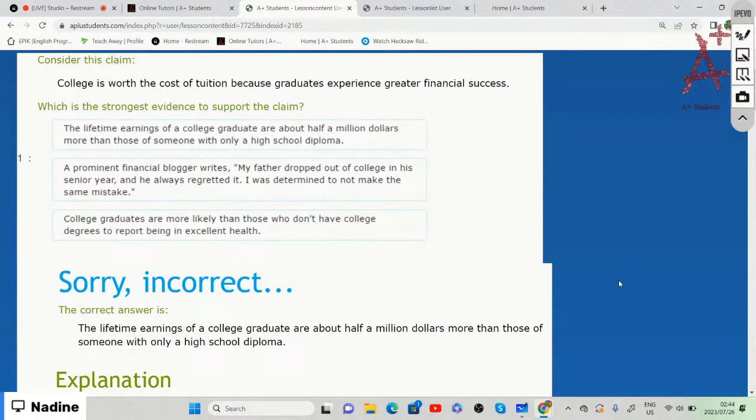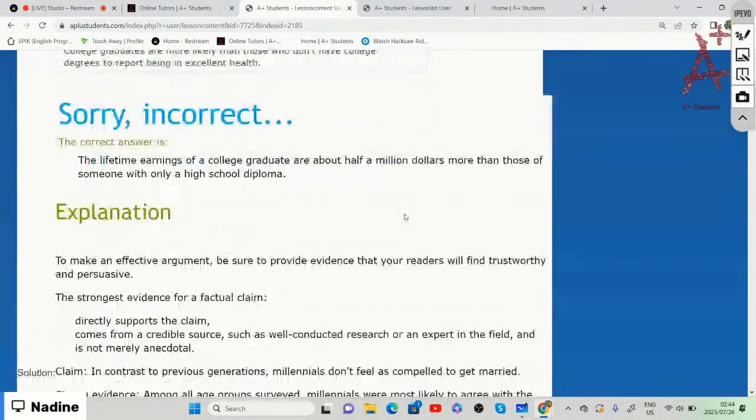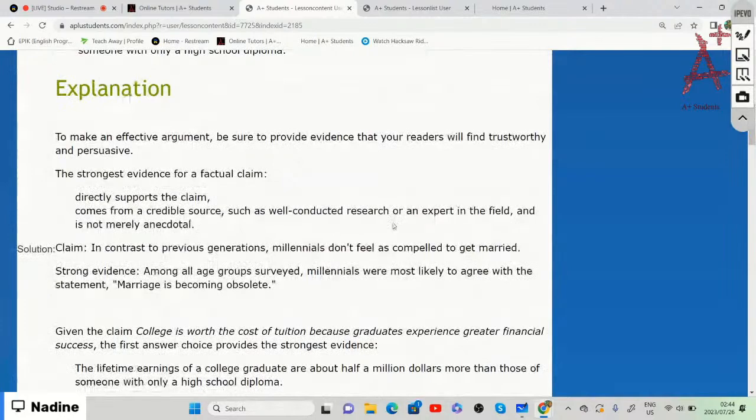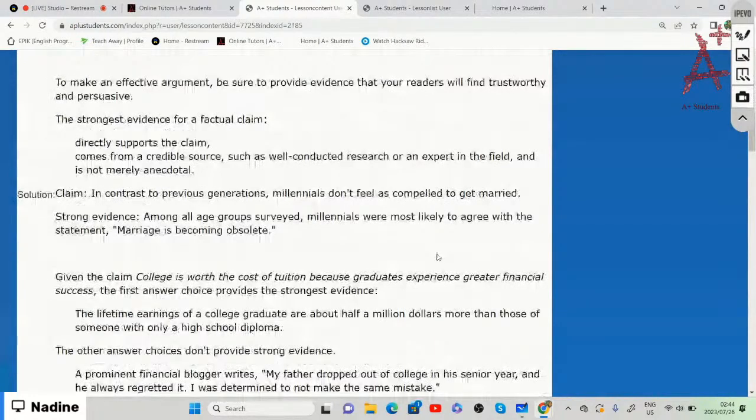So if we were to choose the strongest evidence to support the claim, then we can say it is the first one: the lifetime earnings of a college graduate are about $500,000 more than those of someone with only a high school diploma. And that gives us an indication that university or college fees are expensive. All right,